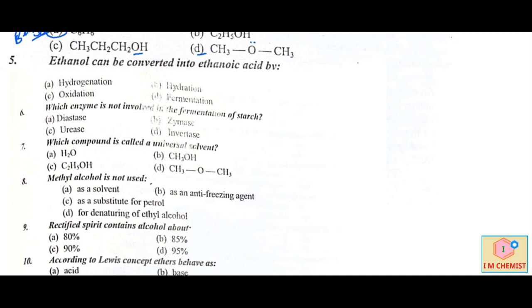MCQ number 5. Ethanol can be converted into ethanoic acid by what? Various options are given: hydrogenation, hydration, oxidation, and option number D we have fermentation. So the right option for this MCQ is option number C. Now we have an equation according to which, once you have ethanol, the formula for ethanol is C2H5 bonded with a hydroxyl group. If you do oxidation, if you add an oxidizing agent, it would be converted into